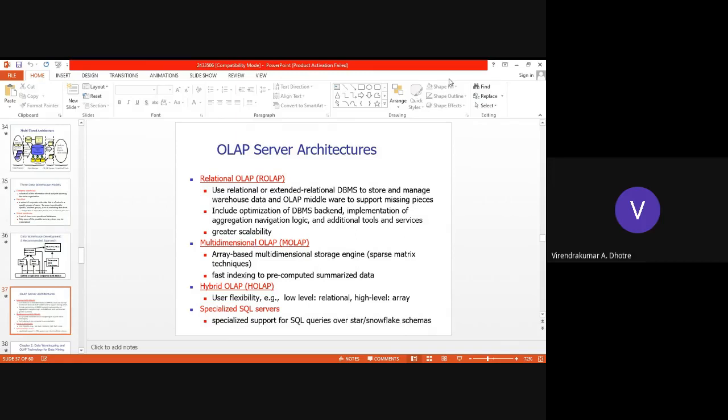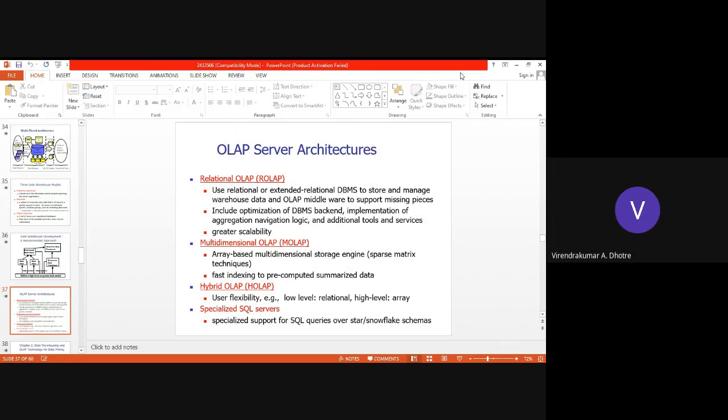There is the multi-dimensional OLAP system, MOLAP, multi-dimensional online analytical processing system. This is array-based multidimensional storage, which uses sparse matrix techniques. Multidimensional means more than one. Also, it has a fast indexing process so that we can search very fast and reach summarized data.